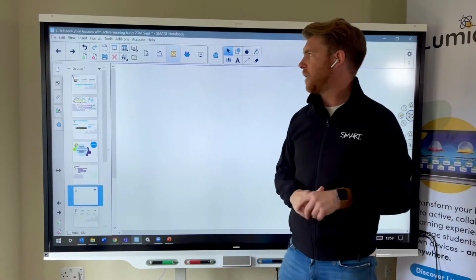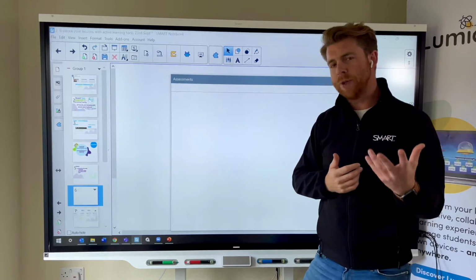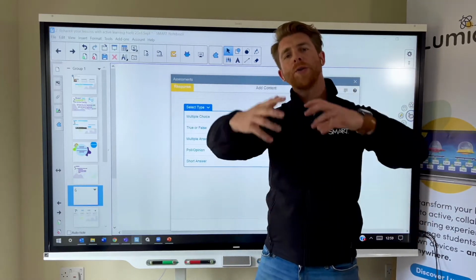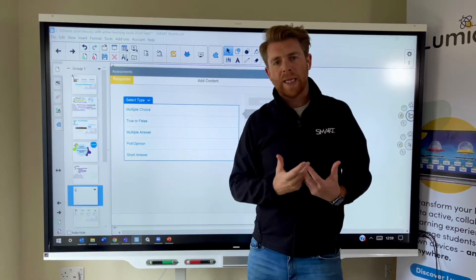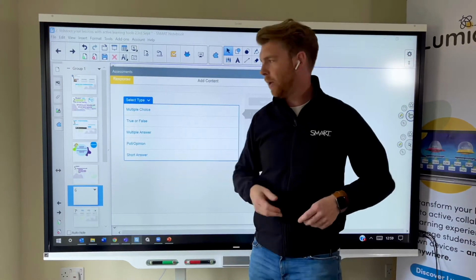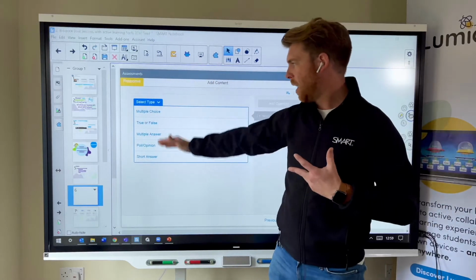So clicking on this Response here, this is my formative assessment. I can send out the questions to the learners, they can respond to those, and then it'll come back to me, and I can gather that data and export it as an Excel document, or obviously Google or Apple's equivalent as well. So looking at how to create one of these activities, first of all,